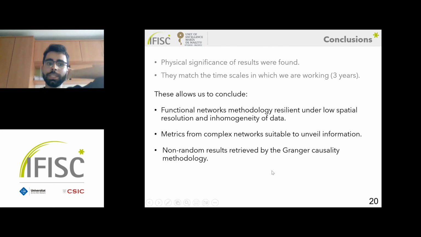Additionally, the results allow us to conclude the following. First, that the functional networks methodology is resilient under data sources such as METARs, which are data sources with low spatial resolution and inhomogeneity of data. This was something that is not usually seen in past literature because they usually use very high spatial resolution datasets. Also, we have been able to see that metrics from complex networks are suitable to unveil information. This is something that has also been used in previous literature, but never under a data source of this kind,